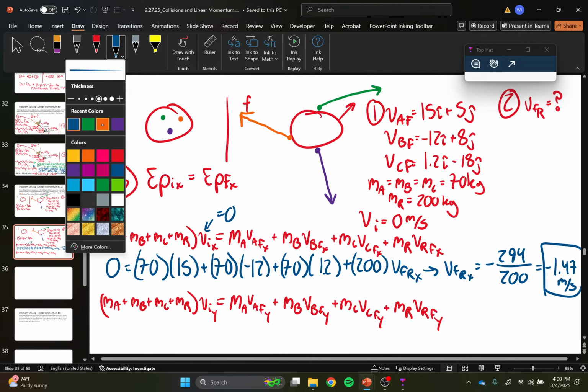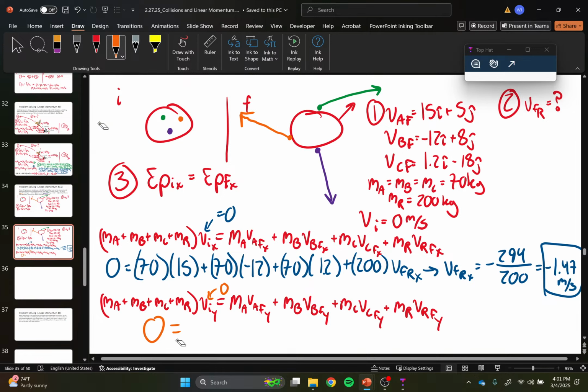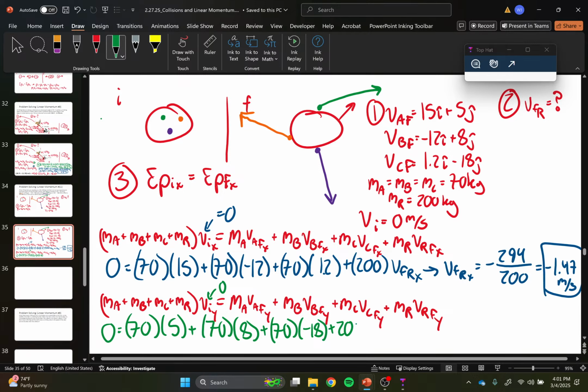Then we do the whole thing for the y components. Still equals 0 because my initial velocity in the y is still 0. And we'll pick maybe green just to make it easier to see. That's 0. So 0 equals the 70 times the y components times 5 plus 70 times 8 plus 70 times negative 18 plus 200 times